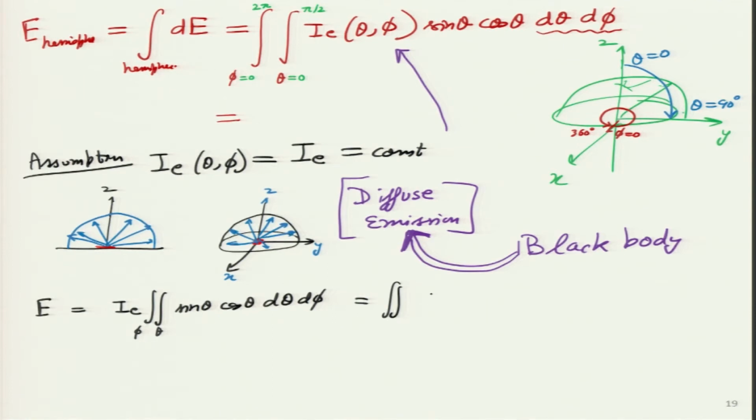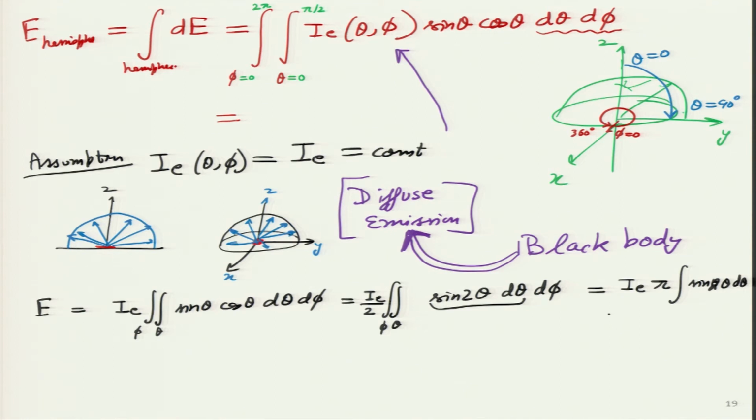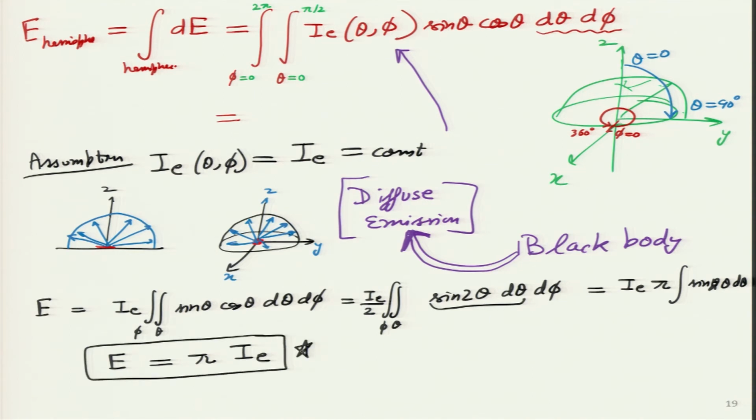I think students will remember I can write it as sin 2 theta divided by 2. So, that 2 also I will take outside. So, it becomes I_e divided by 2 and the integral over theta and phi of sin 2 theta d theta d phi. There is no phi in this particular function, so phi will also come outside. So, this will become I_e into pi, and then I do this particular integral, sin 2 theta d theta, and this will give me 1. So, the final answer will turn out to be... I encourage the students, please do this integral themselves and come up with this very simplified expression yourself. I will put a black star over here.